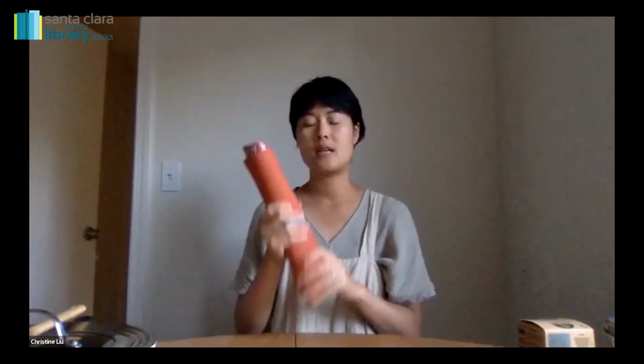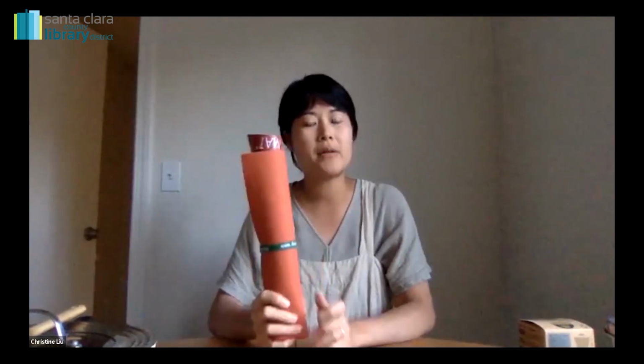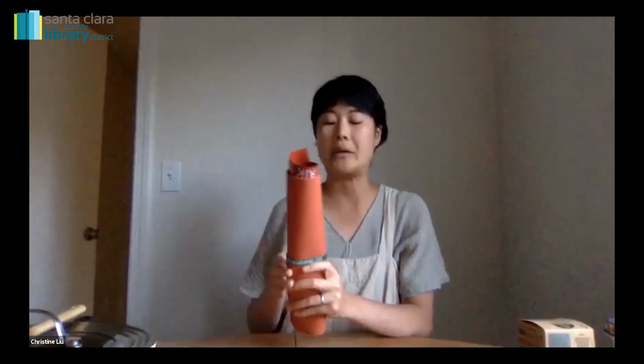If you are into baking as well, there's a couple different options. I use compostable parchment paper for a few things, but these right here are actually silicone baking mats. The important thing to know about silicone is that silicone is not the same. There are different types of silicone, and it's also not plastic. I did write a blog post for the company that makes this. They're called Simple Ecology. You can find the blog post on there about the different types of silicone that are